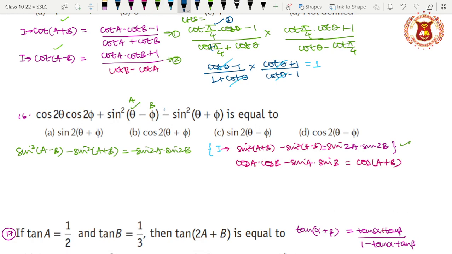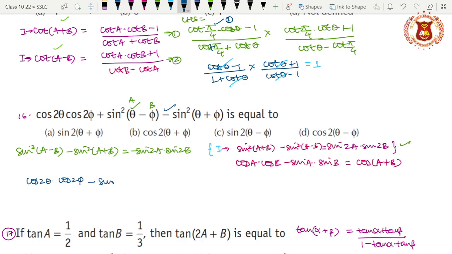This expression is reduced to what here? Sin square (theta minus phi) minus sin square (theta plus phi). Okay, observe that very carefully. Cos 2 theta into cos 2 phi, minus this term will reduce to what here? Observe this very carefully. This term is reduced to